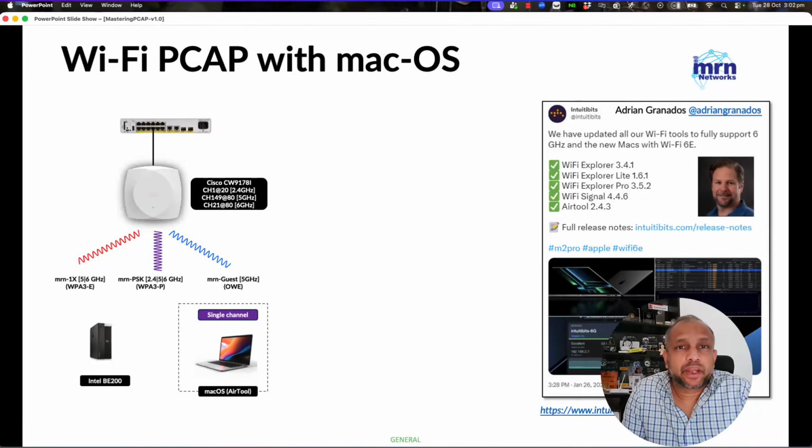Have you ever tried to take a packet capture, specifically wireless, using your Mac computer? If not, in this video you are going to learn how easy it is to do. For that, you need an application called AirTool. I would say that's the easiest method. Once this application is installed on your Mac computer, it takes just a few clicks to take a